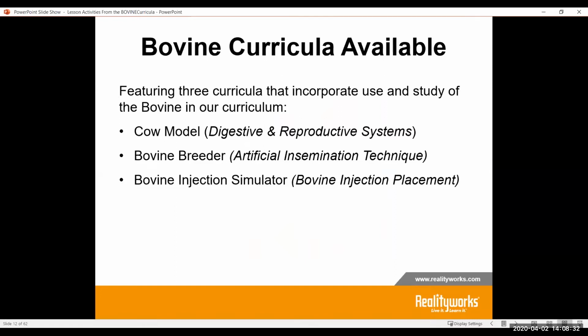We're then going to look into Bovine Breeder curriculum, and we're going to pull out some curriculum pieces for artificial insemination technique. And then finally, we're going to pull out some curriculum from the Bovine Injection Simulator, which is about injection placement.